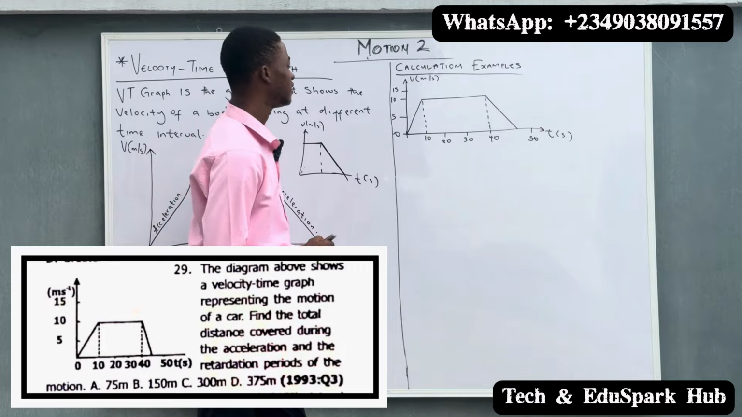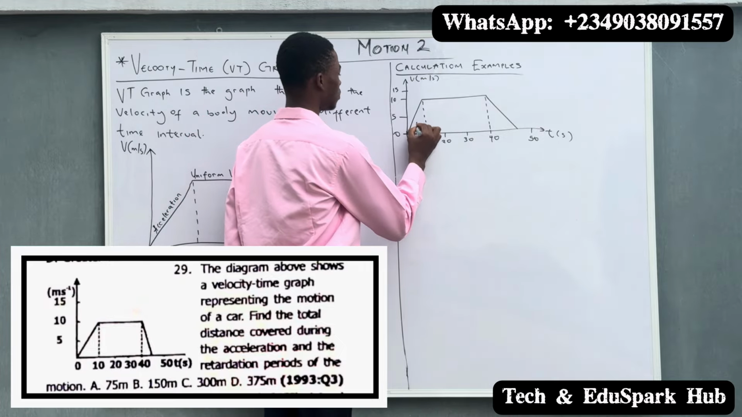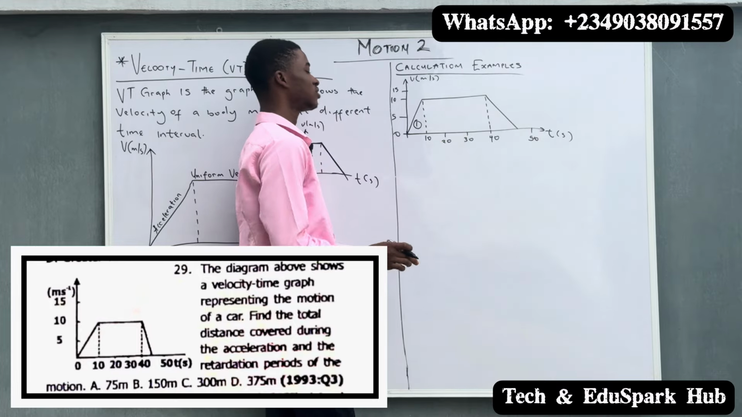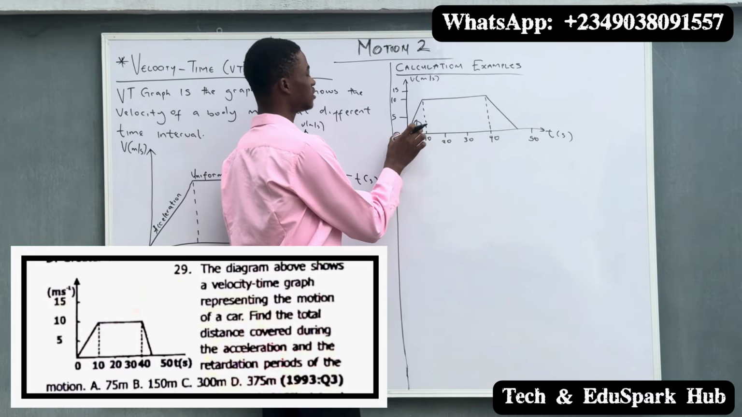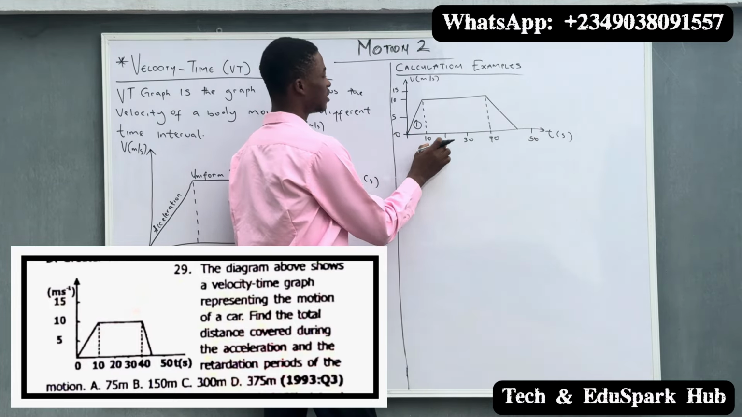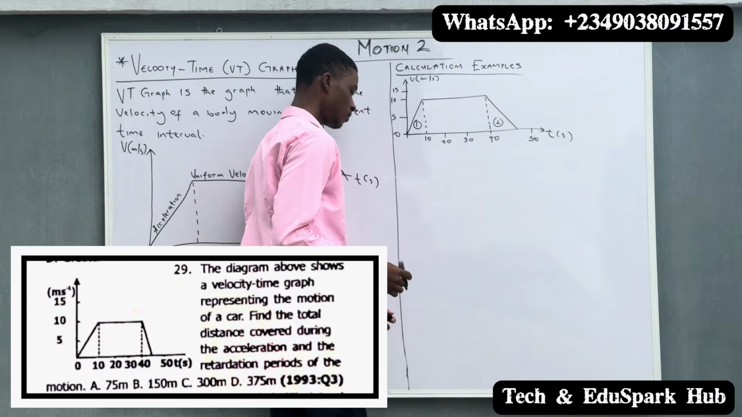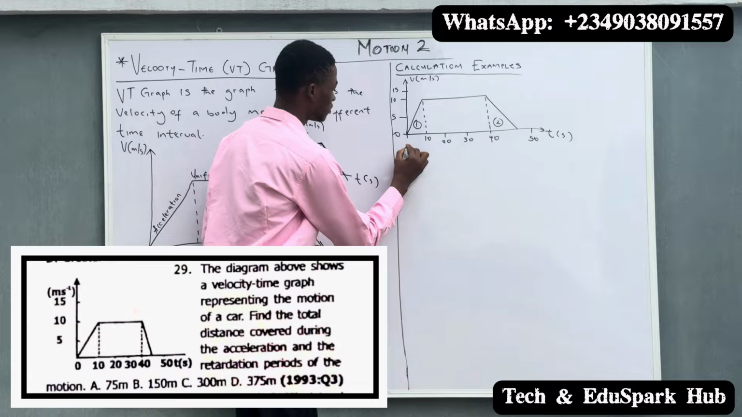Segments. So in dividing into segments, we have this place as our segment 1. And we are going to ignore this because the question is asking us to calculate the total distance covered during the period of acceleration and the period of deceleration. So this will be our segment 2. So for segment 1,